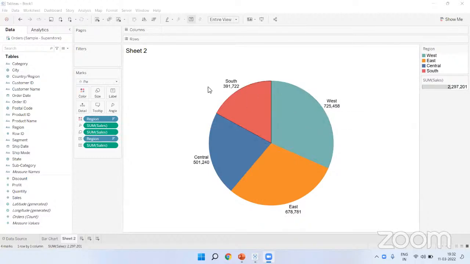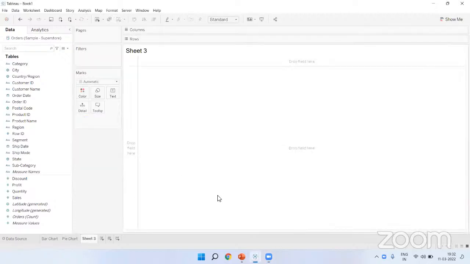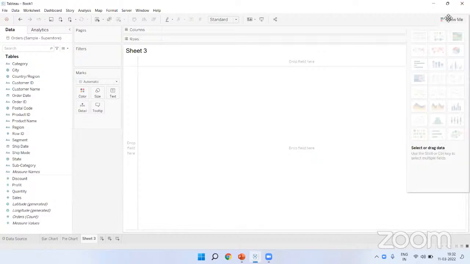All right. Did you understand how I created the pie chart? I will just rename this sheet to pie chart. You can see the title also changes to pie chart. It is that simple. Now suppose I want to create a line chart. I will again click here. In order to create a line chart, see what my requirement is. If I hover the mouse here, can you see the requirement